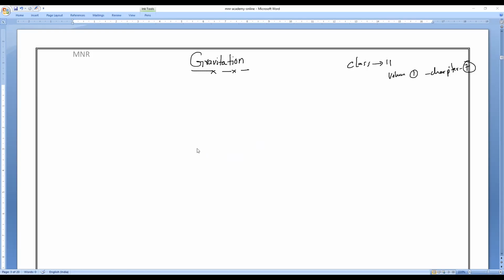the universal law of gravitation, as well as the applications of gravitation in scientific development, like Chandrayaan 3. That was launched and made a soft landing, everything with the help of this gravitation concept only. Many key ideas will be found in this chapter. You must understand the fact that every body in the universe is